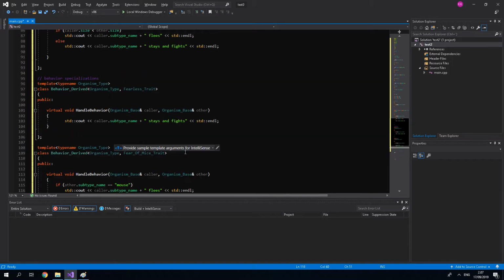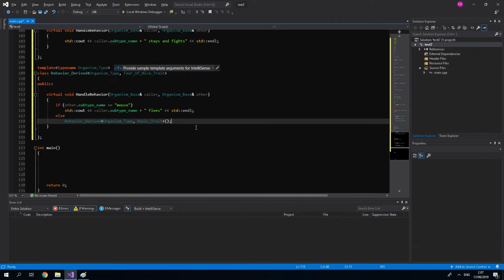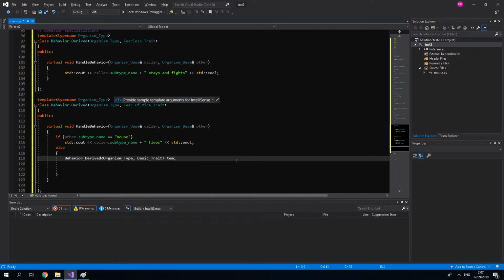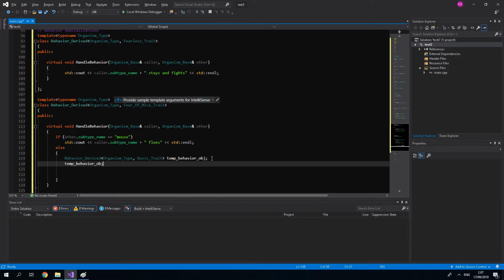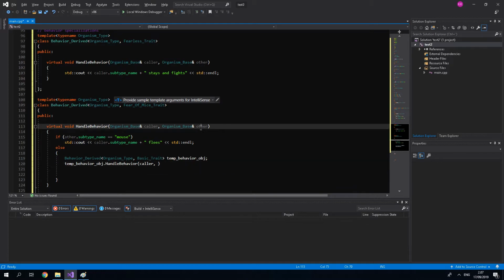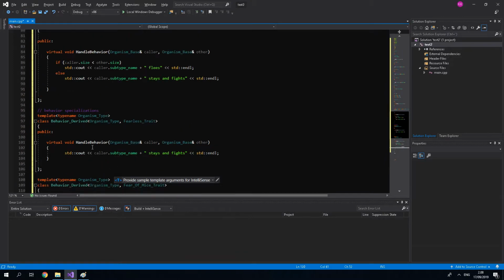And we will actually need to create an object here, temp trait object, and call the handle behavior right here with these parameters. Okay,